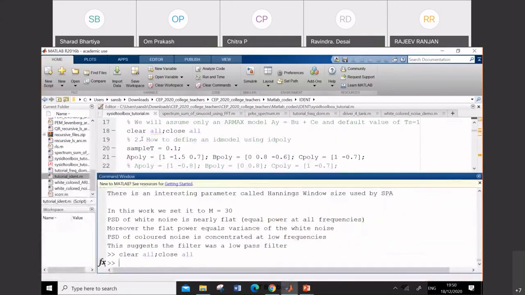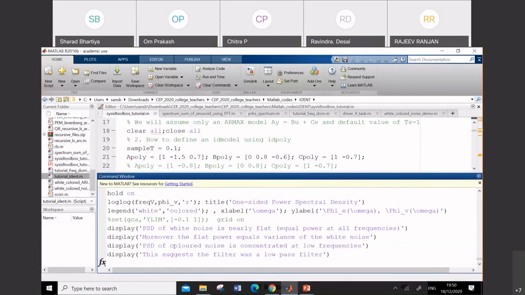Okay. And start. So the first thing, of course, is to define these polynomials so that I can generate the data. So I have defined these polynomials now. I'm calling them A polynomial, B polynomial, C polynomial. I need to tell how much, because I need to generate data. So data will come from